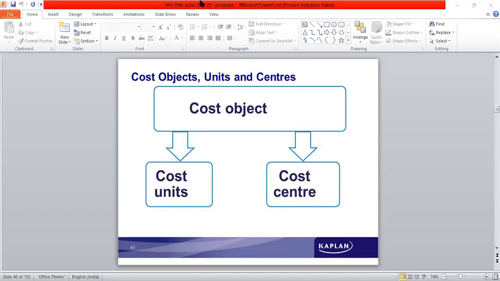Now, that is again subdivided. We have it as cost unit and cost center. Cost unit would be if the cost can be found out per unit of either a product or service. If we can find it out per unit of a product or service, it becomes a cost unit. Cost center is